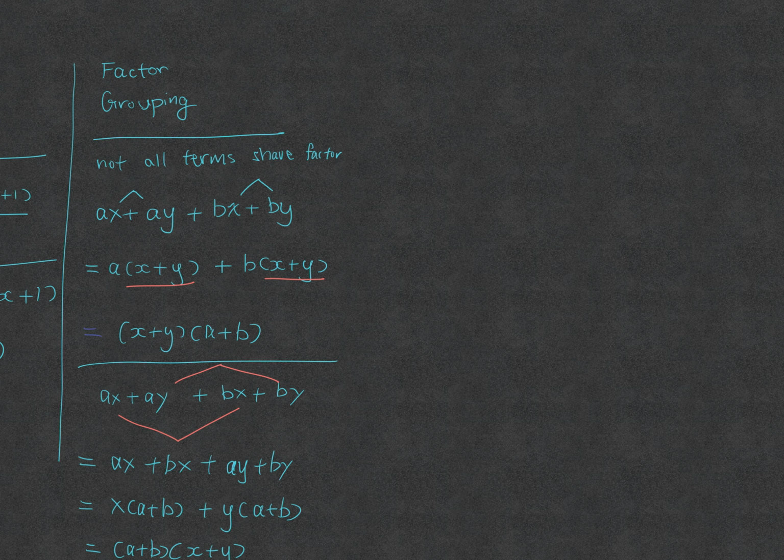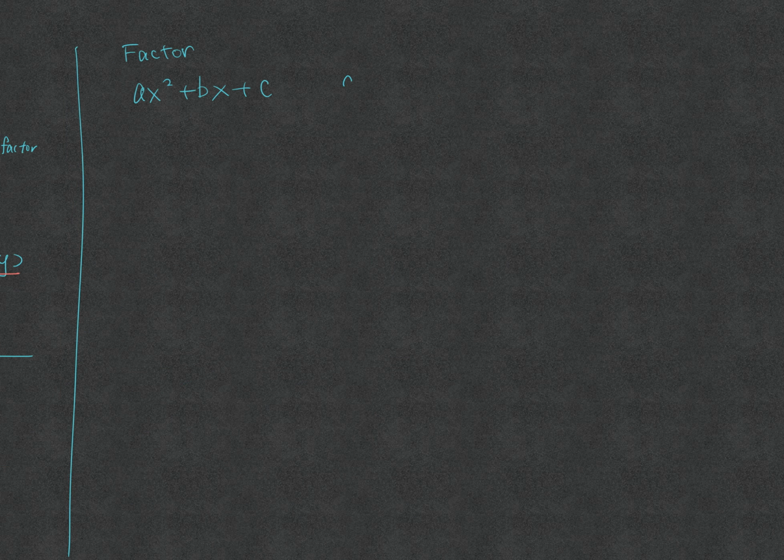And other than that, we will also have some technique when we have to factor a trinomial. There are two cases. The first one is when a equals 1. That means we've got x squared plus bx plus c, and we will introduce the method called sum product. Sum product means, step 1, we look at c